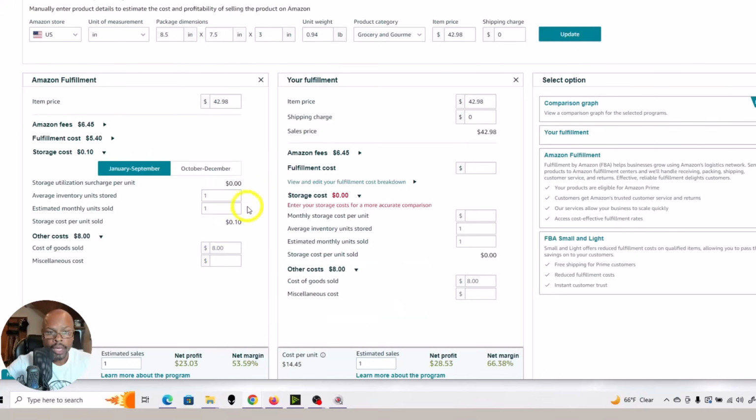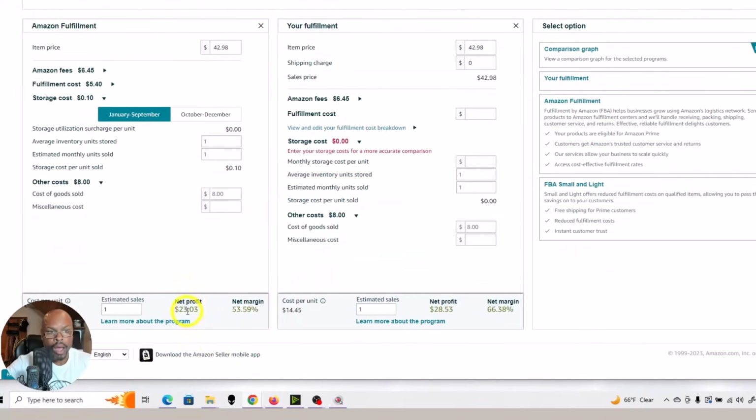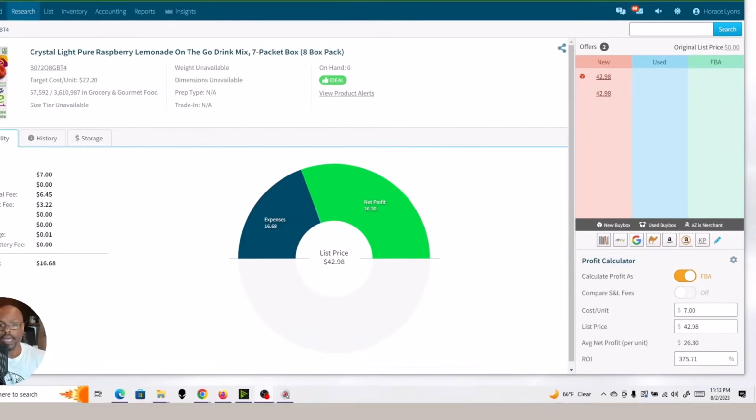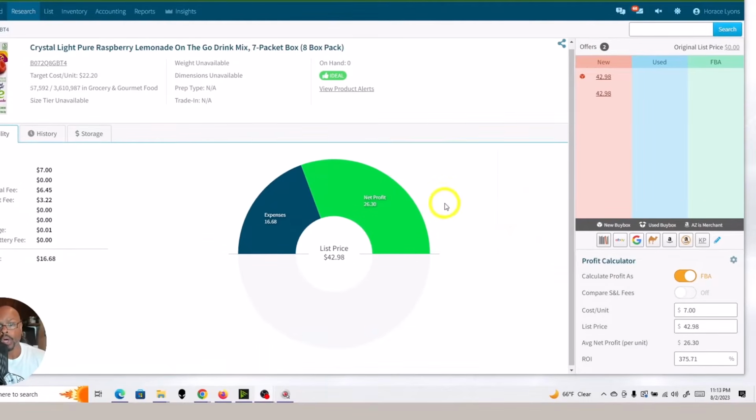Okay, and then you can see your net profit on FBA and your margin, and your net profit with merchant fulfilled. But you've got to figure out what it's going to cost you to ship. I just know this is probably going to run me about $7 to ship myself, so you still have a 50% net margin.